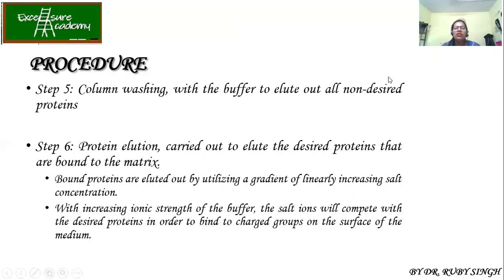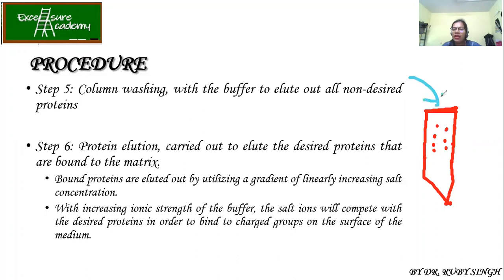Now, we have already done the column washing. To carry out the protein elution, in the figure as shown before, your proteins are there, which start going down, right? Now it is still here only. I need my proteins to go down and get separated. So what will I do? I'll start adding the buffer, the mobile phase. Because of that pressure, the proteins, depending on their charges, will keep on binding, and if there is no charge, it will come out with the buffer.